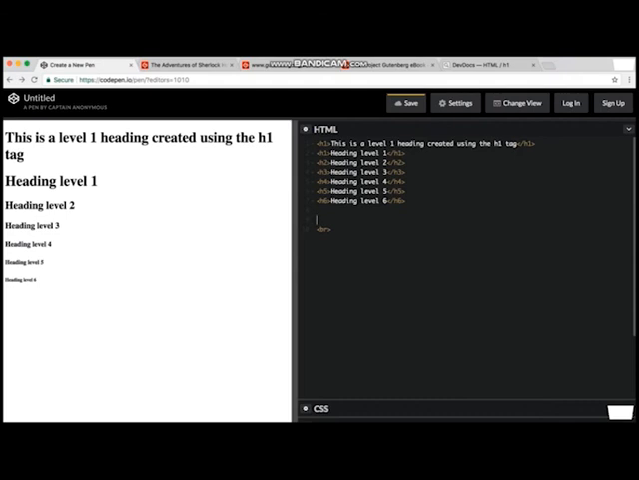Now sometimes we have certain elements, for example line break, you want to be able